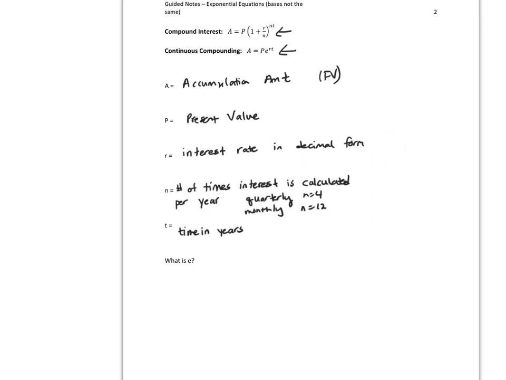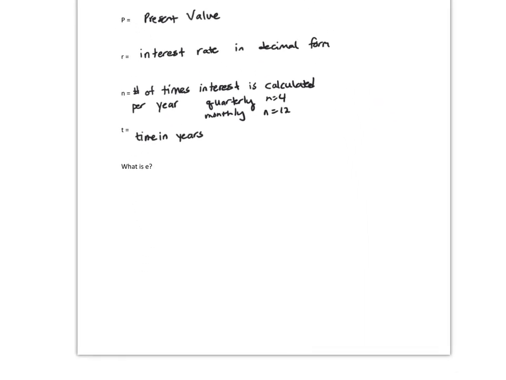All right, let's look at what is e. I'm going to define it for you. So let's say you had the formula 1 plus 1 over n to the n. And that looks a little bit like the interest formulas. Let n be 1. So plug a 1 in for n. You get 1 plus 1 to the 1. That gives you 2. If you let n be 2, plug it in, you get 2.25. If you let n be 10, it would give you